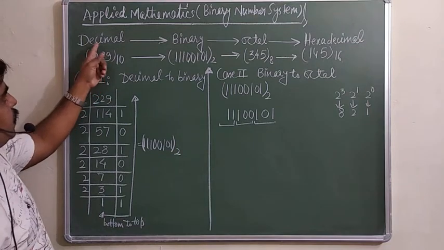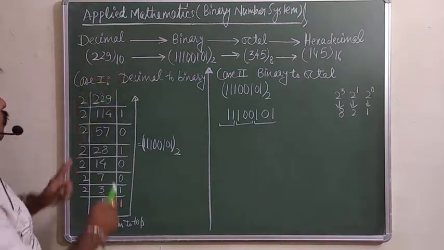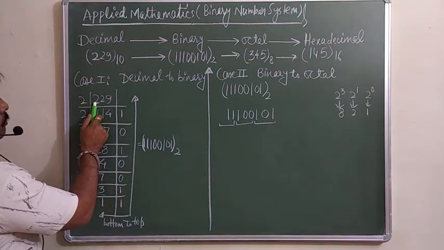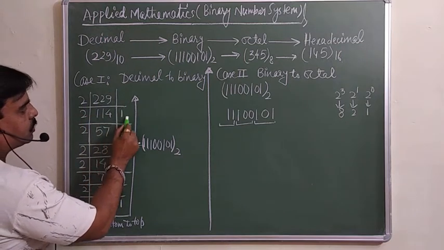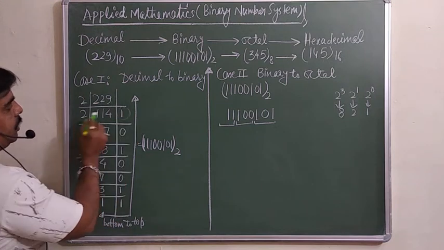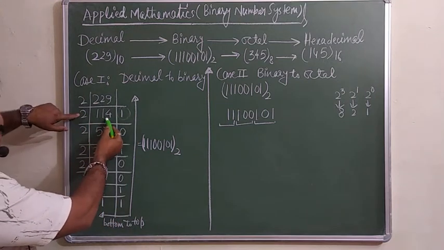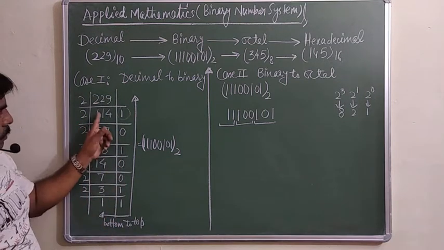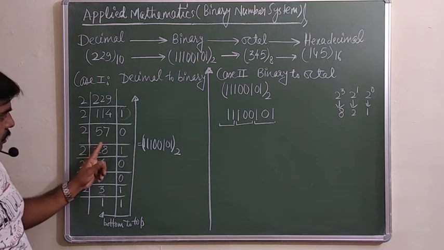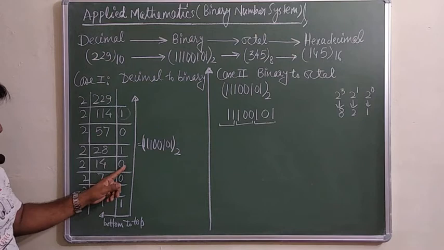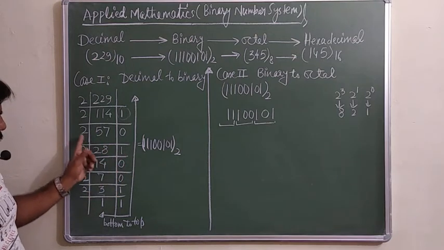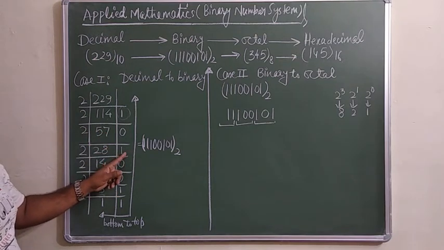So you want to change the decimal into the binary. You have to divide it by 2 every time. Divide by 2: 2 1s are 2, 2 1s are 2, 2 4s are 8. Whatever remainder comes, you must write here only. The remainder is 1. Then again you have to divide by 2. That is 57, remainder is 0. Again divide: 28, remainder is 0. 2, 14, remainder 0. Here the remainder is 1, because with 28 there is no remainder.